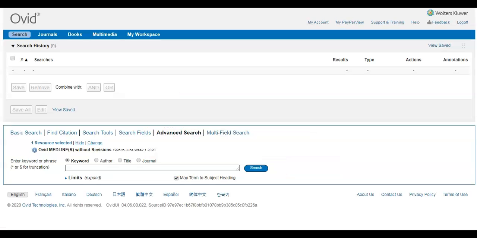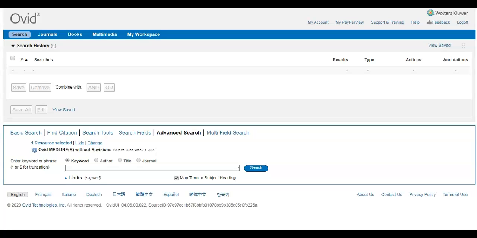And once we're in the database, we can start searching for information. But the first thing you might notice is that compared to other keyword style databases such as Scopus or Open Science, Ovid Medline has quite a different looking search interface. So how do we start to navigate this?